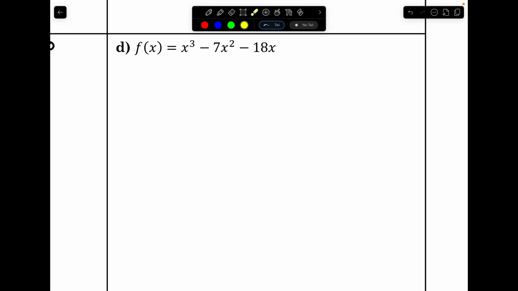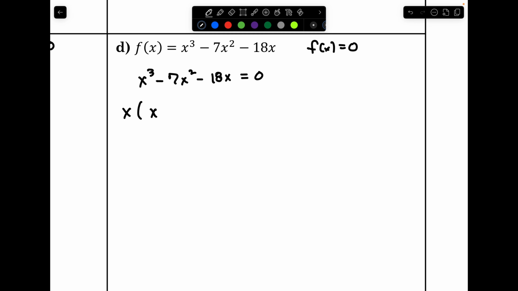So here, again, start the same way. We're going to figure out what is going to make f of x equal to 0. So we have x to the third minus 7x squared minus 18x. And you're going to notice that every one of the three terms has at least an x in it, x to the first power. So I factor out that x. We're going to yet again come up with, in one of the factors, this quadratic trinomial,